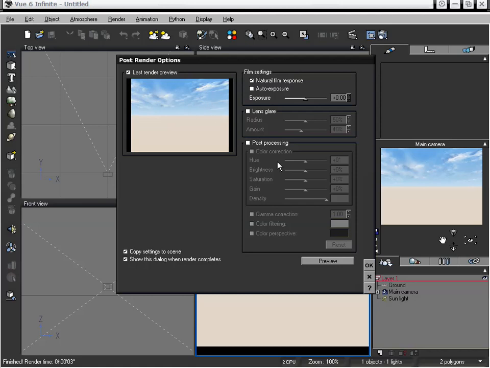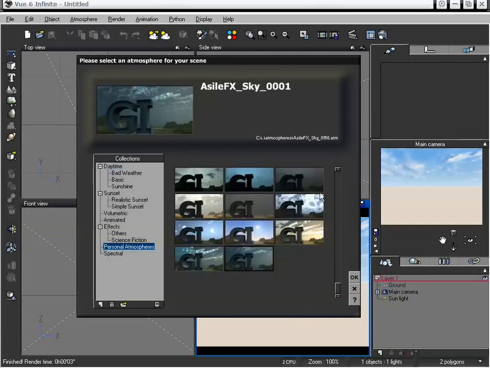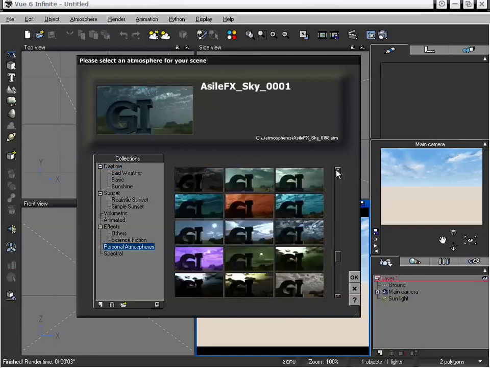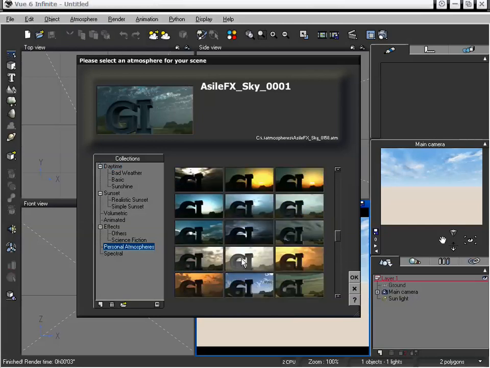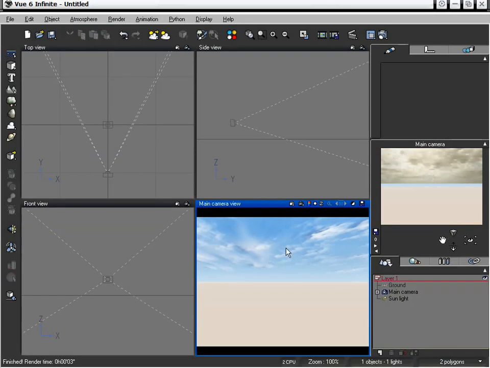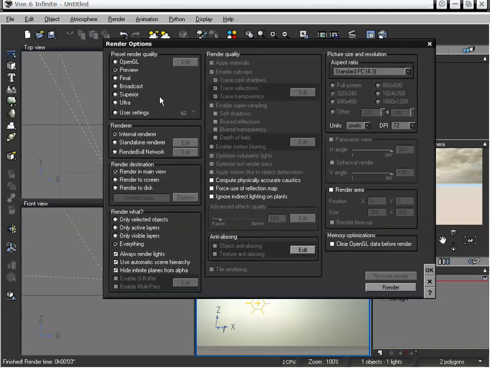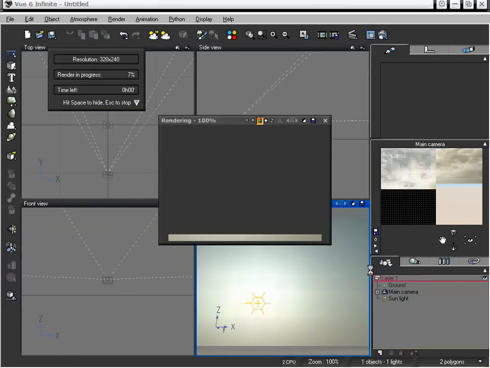And now this looks even better when we have a spectral atmosphere. So let's go ahead and load one of those in. And I'm just going to load in one of the asileFX collection atmospheres that we have, just something to give us a good idea of how this is going to look. We'll just let that load in there. And we'll want to adjust our camera so that we can see it a little bit better. And now I'm going to go up and just do a final render using render to screen,